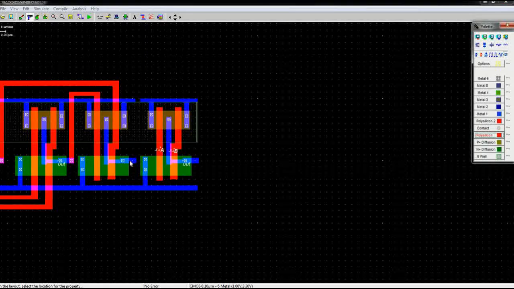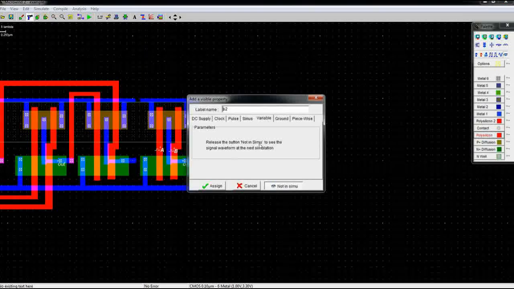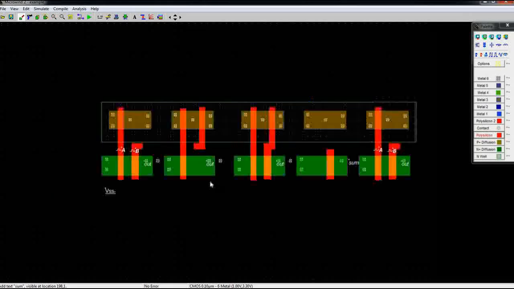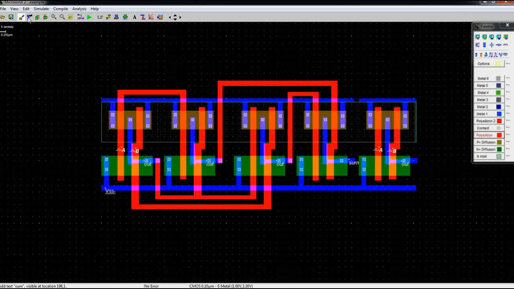This is the sum node. We delete redundant output nodes from here.